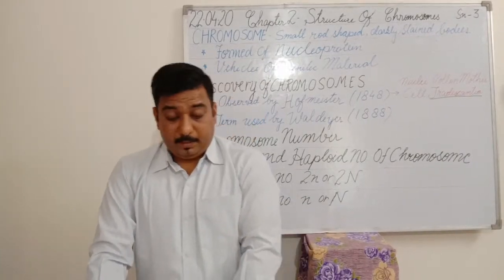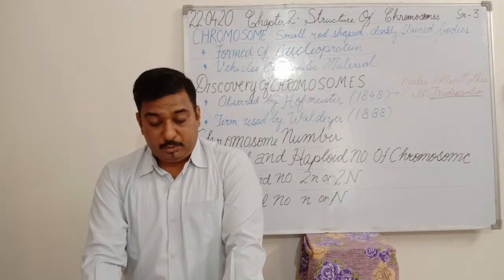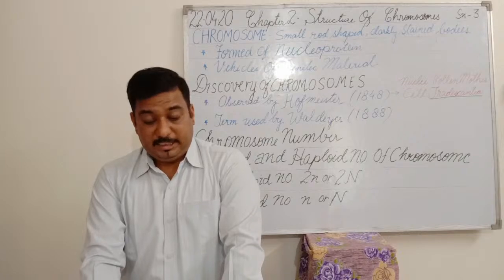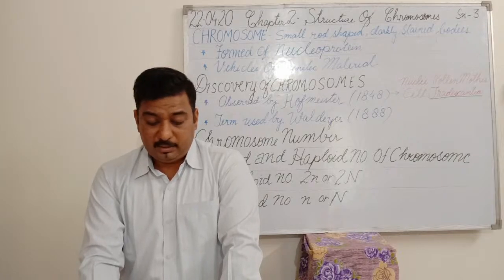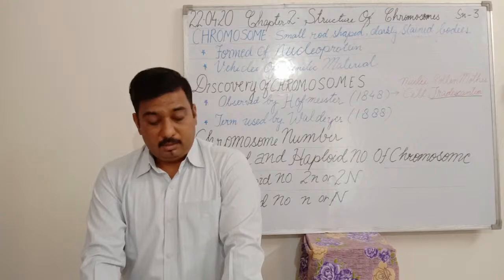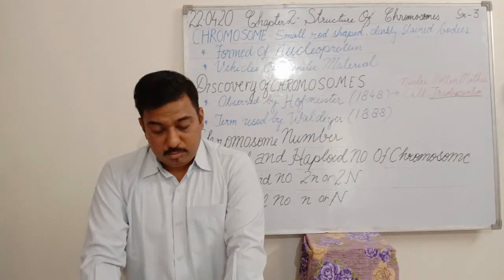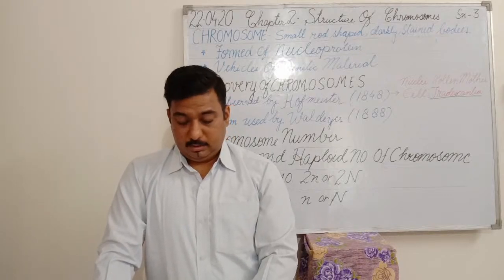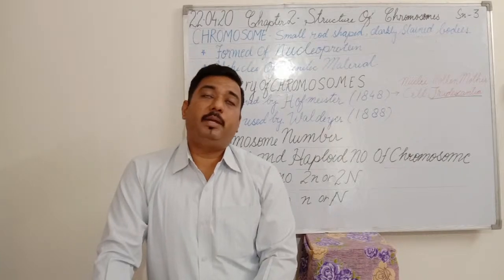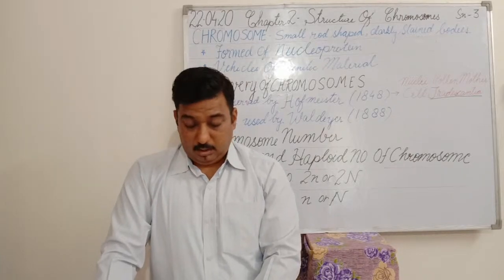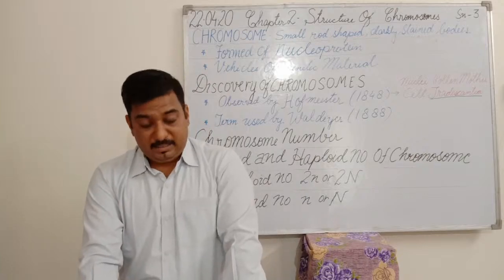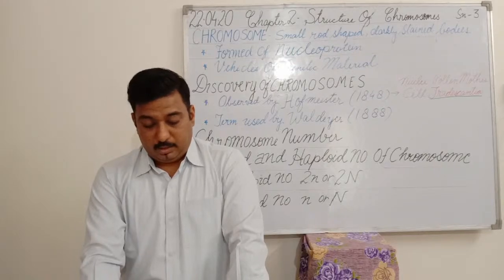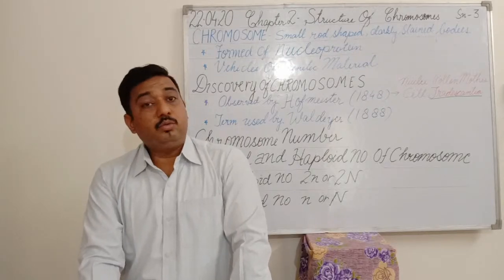Now, adenine is complementary to thymine. So A will always pair with T, meaning adenine will always pair with thymine. Whereas guanine is complementary to cytosine, and it will make a pair with C, meaning G will form its pair with C. The nitrogenous bases adenine and thymine combine using 2 hydrogen bonds, and guanine with cytosine using 3